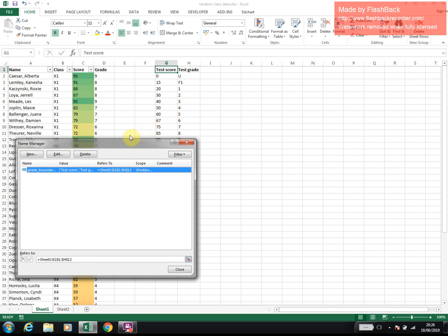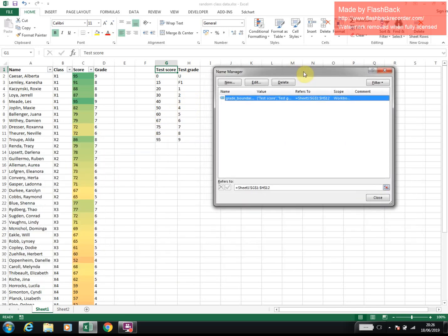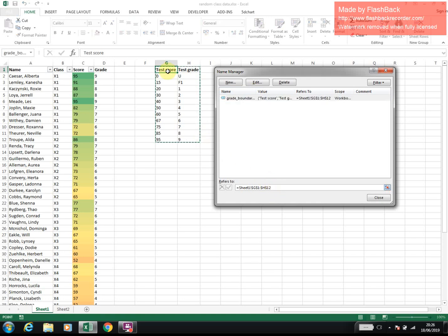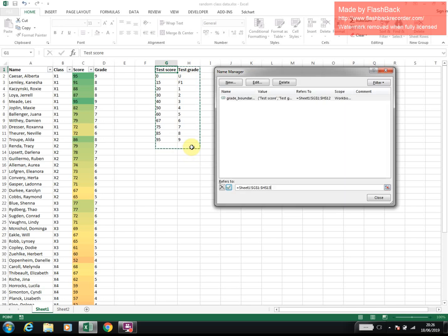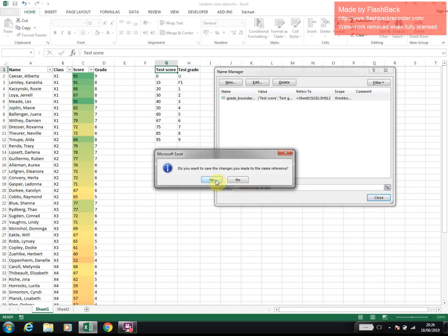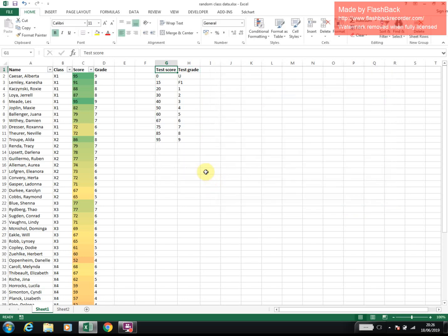And then you get this name manager box that appears, and we can change the reference. So we can say change the fact that it applies to this area here, and in fact select a slightly bigger area like that, press enter and then close. Yes, we do want to save those changes, and now in here these two cells are part of grade boundaries,